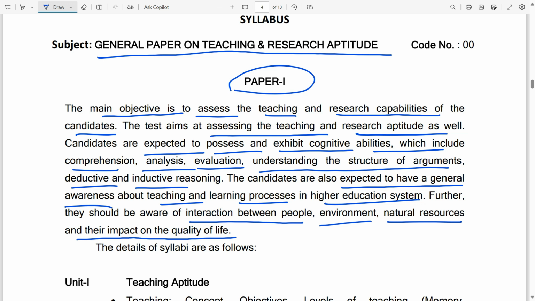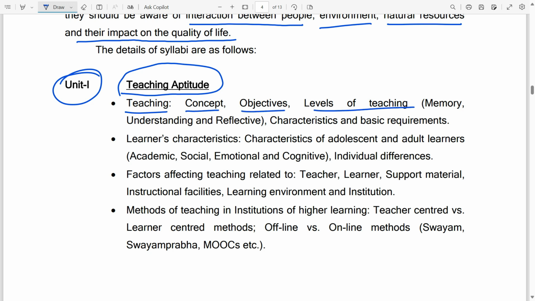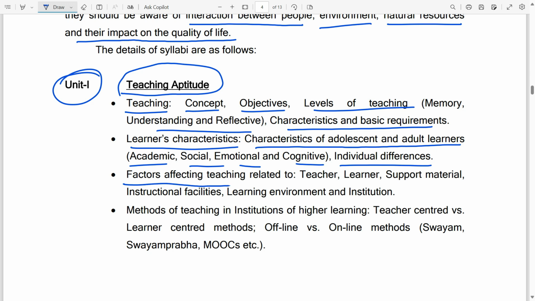So you will see what the details of Paper 1 are and which topics it consists of. If you come to Unit 1, where we are talking about teaching aptitude, you see the teaching concepts, objectives, levels of teaching, memory, understanding and reflective characteristics, and basic requirements. Learners' characteristics: characteristics of adolescent and adult learners, academic, social, emotional and cognitive, individual differences, factors affecting teaching related to teacher, learner, support material, instructional facility, learning environment, institution,